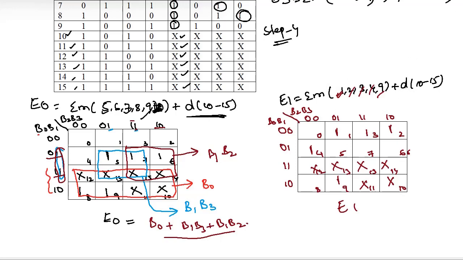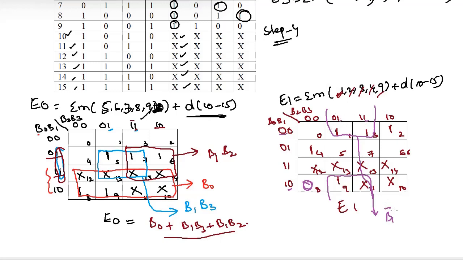Now form the groupings after plotting the values. How to group here: if 8 contains a 1, then I take it as a quad. Here it is not there, and a don't care is also not there. So I am taking these two terms as one group: the first row and last row. From this group, the common row element is 0, which indicates B1 bar, and the common column element is 1, which means B3.